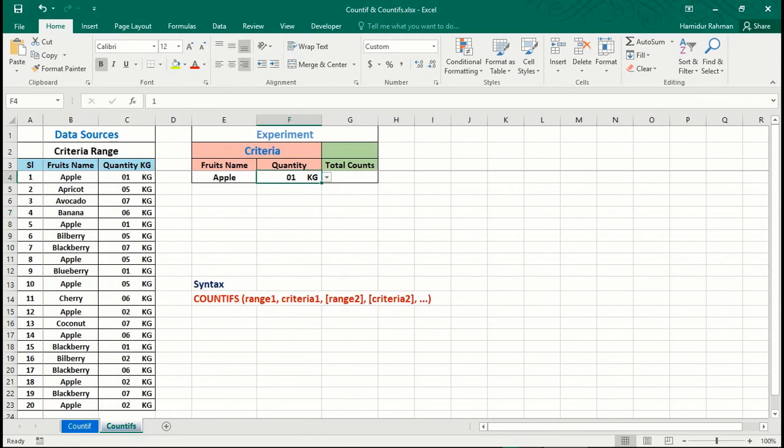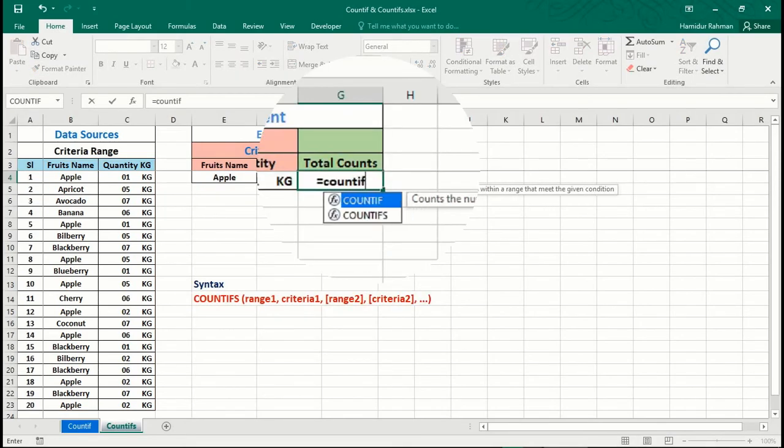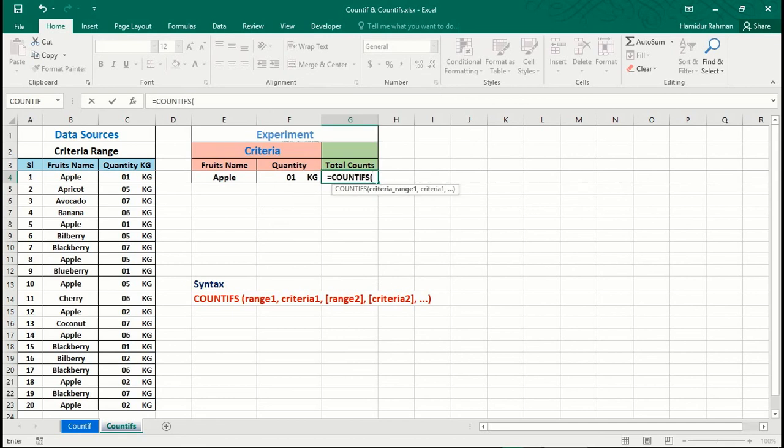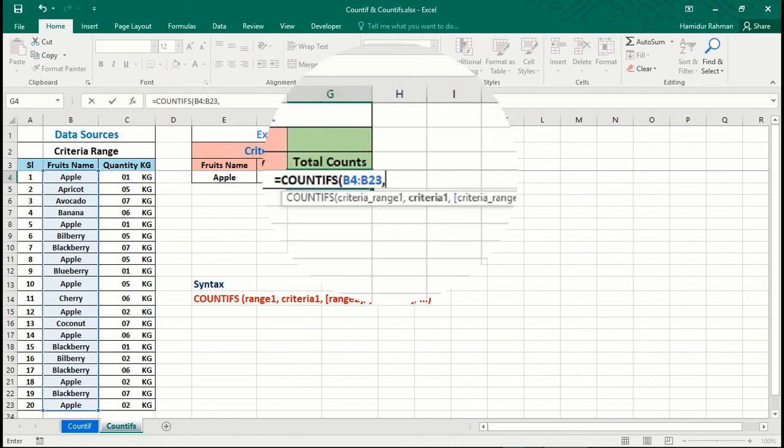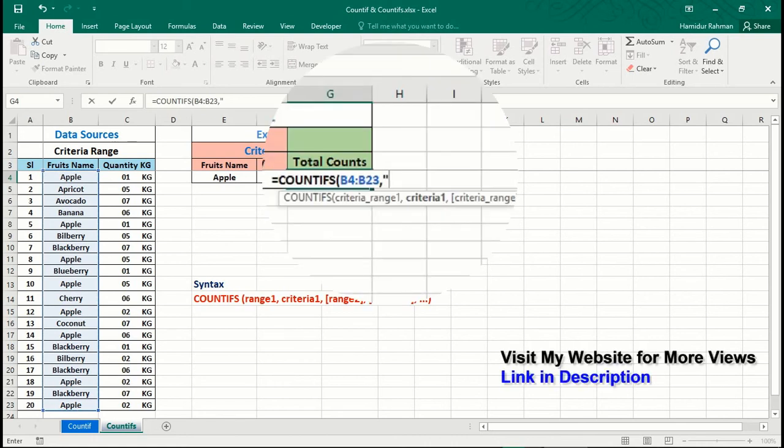Now I'm showing counting with the COUNTIFS function, for cells that meet one or multiple criteria. Let's suppose I want to count the total number of any fruit, like apple, from more than one criteria from this range. Use COUNTIFS. Select the criteria range, then select the criteria or type the criteria like this: double quotes, apple, double quotes, comma,